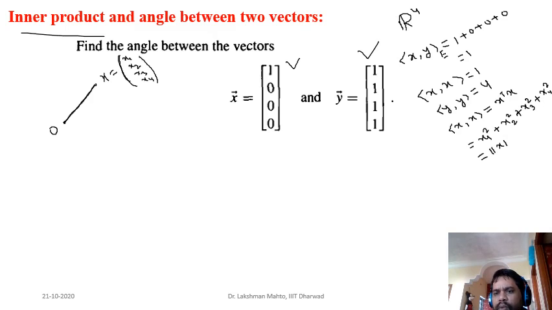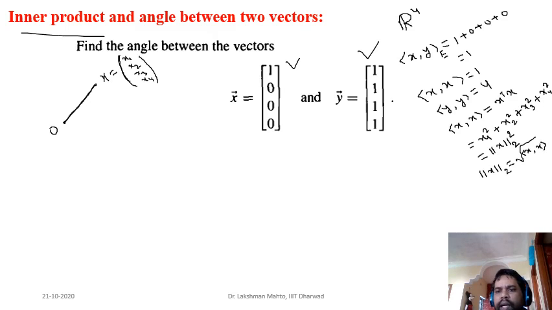So what kind of length was it? It was a Euclidean length. So Euclidean length we denote by 2 norm. So it is a square of the norm. So simply from here, with the help of inner product, how do you find the length of a vector? The length of a vector in terms of inner product is the square root of the inner product with itself. So how can you find the length of a vector in Euclidean space? Generally we find the square root of the inner product.